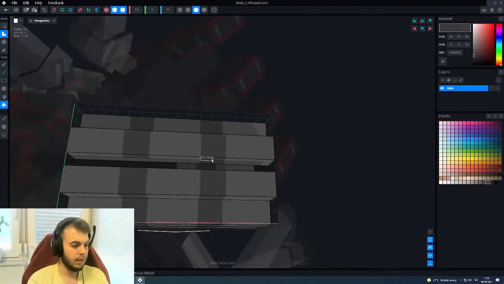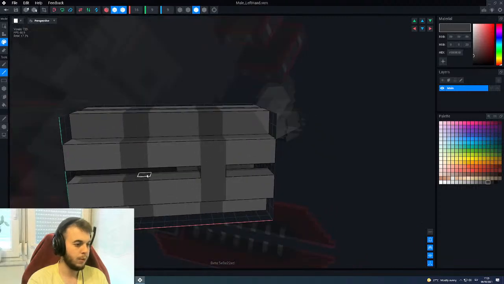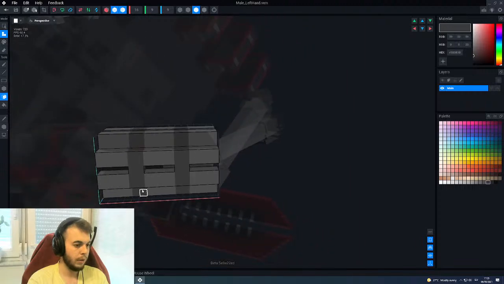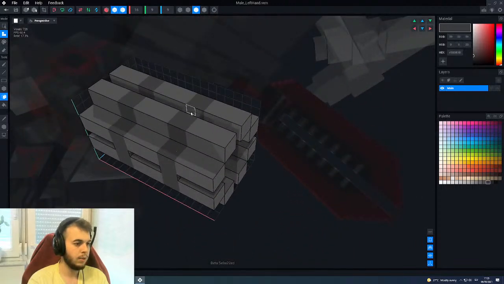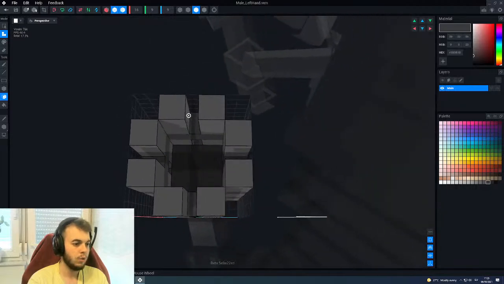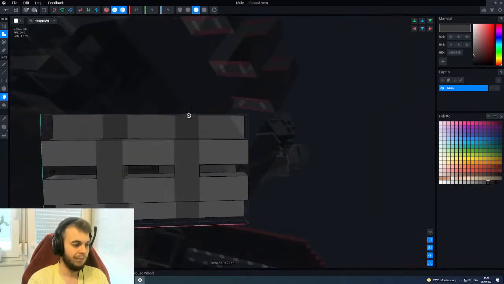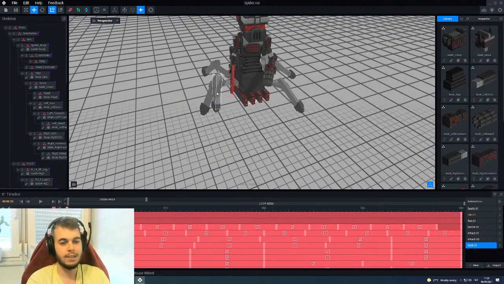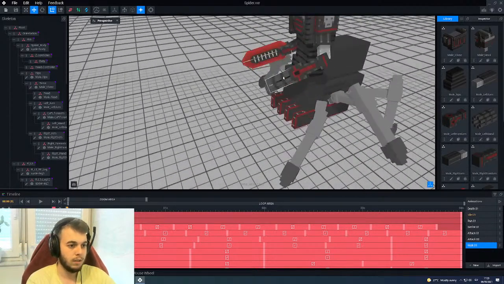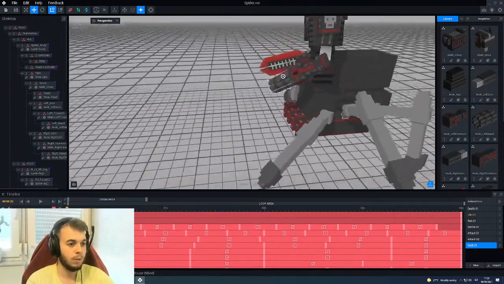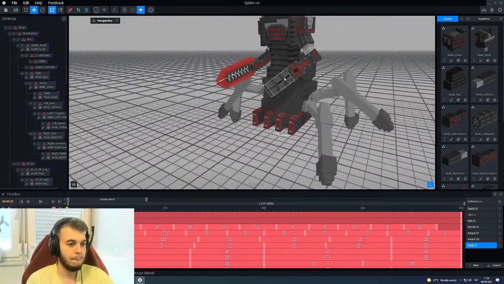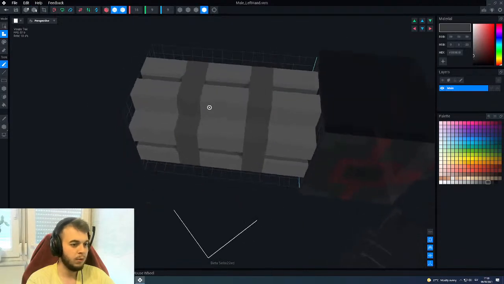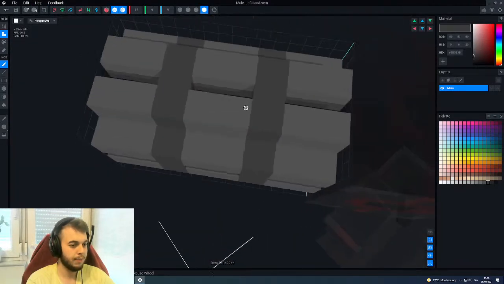Okay, like this. And then I think we would like to connect them together, so we have that. And then let's do the same thing on this side as well. Let's check it out. Maybe we want to move the rings a little bit closer to the base. We'll see, but it actually looks pretty good right now already. I think I would like to have them moved a little bit closer, but it's not a huge thing, so